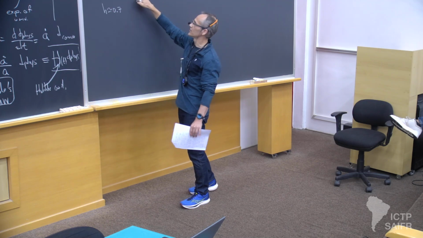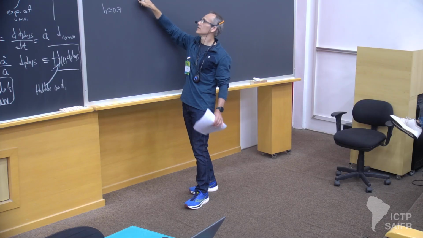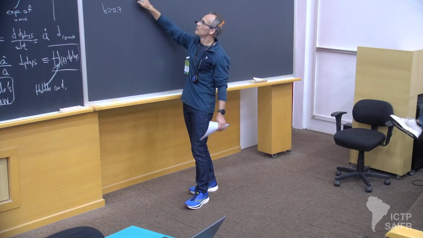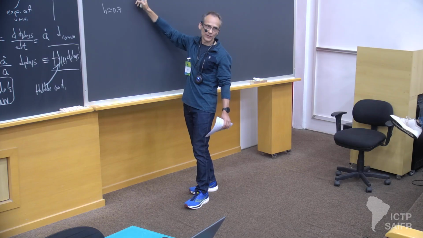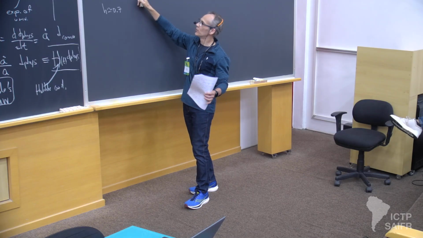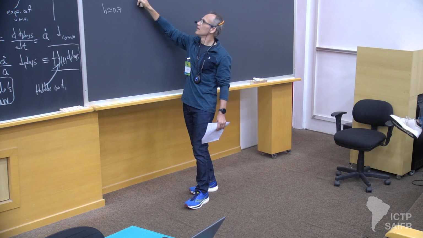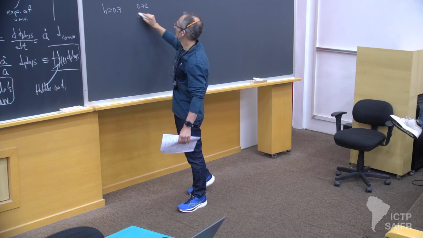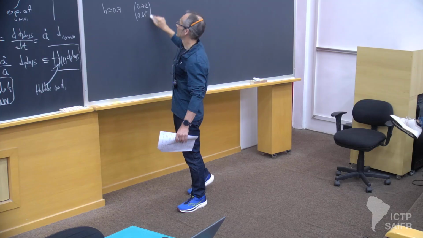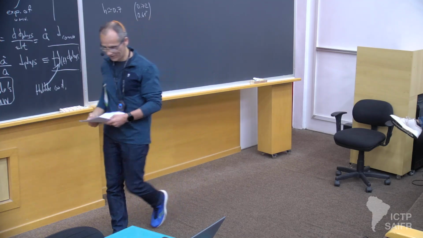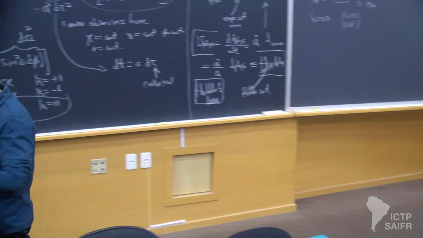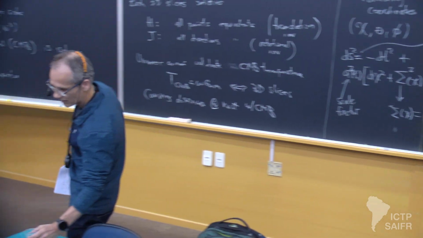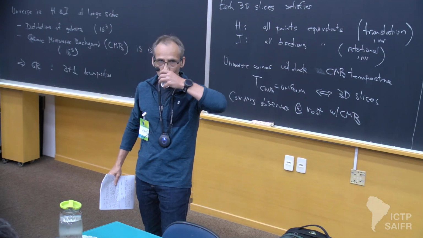There was a big uncertainty on this number back when I was a student, or even before. People were arguing it was between 50 and 100, so little h was between 0.5 and 1. Today, we argue whether this is 0.72 or 0.68. So we're still arguing about the value of the Hubble constant, but now with much smaller deviations.